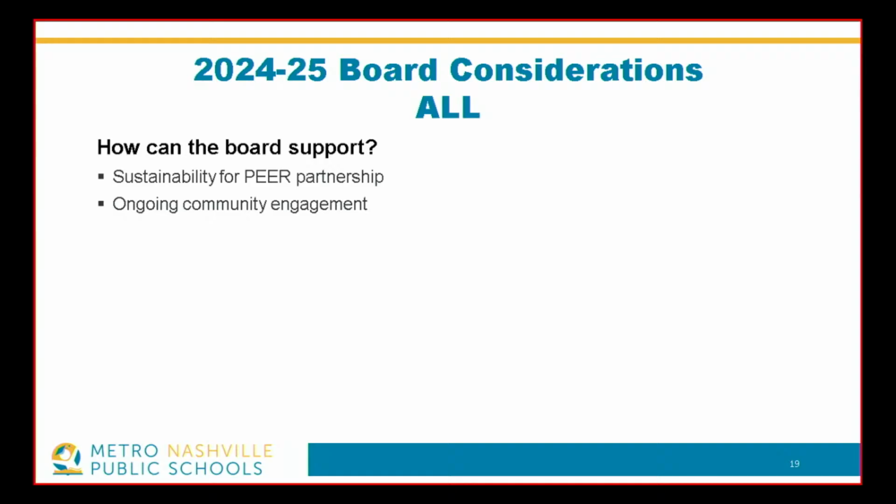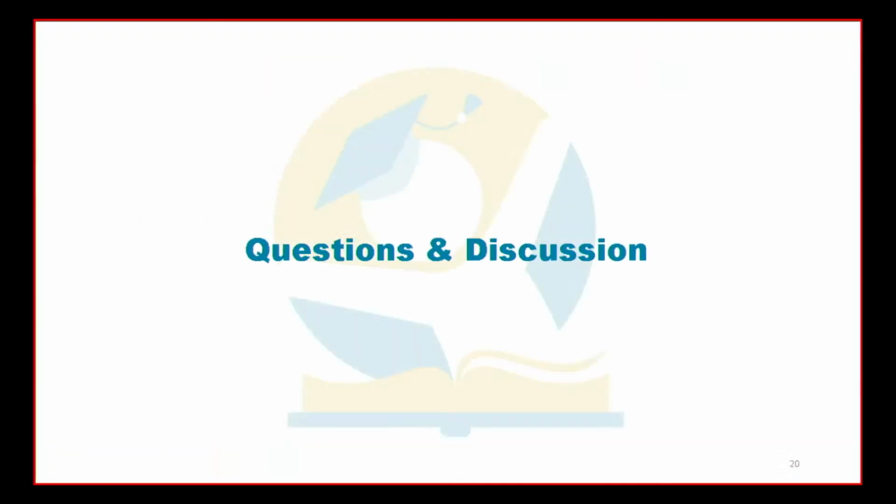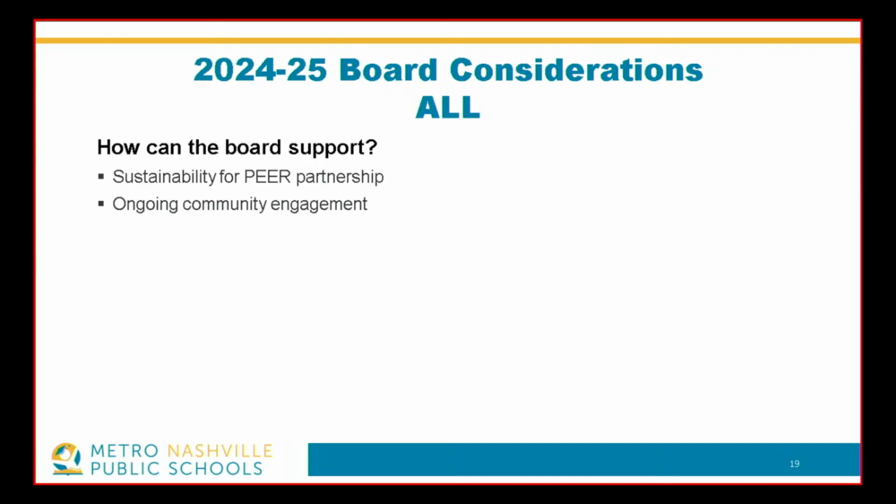Lastly, these are just sort of general things, but ongoing community engagement and support for peer, knowing that that's an essential part of how the board in particular, but the staff and the community are learning about what is working, what could be improved, the ability to give short-term feedback to make changes in real time. That partnership will need funding, and so making sure that we're looking for external funding, working with Vanderbilt to do that is something that has been highlighted as well.